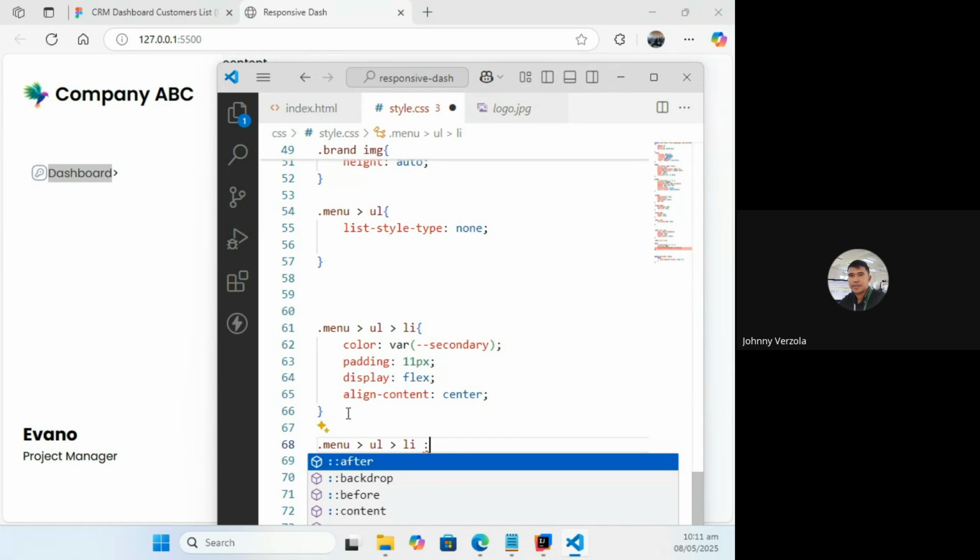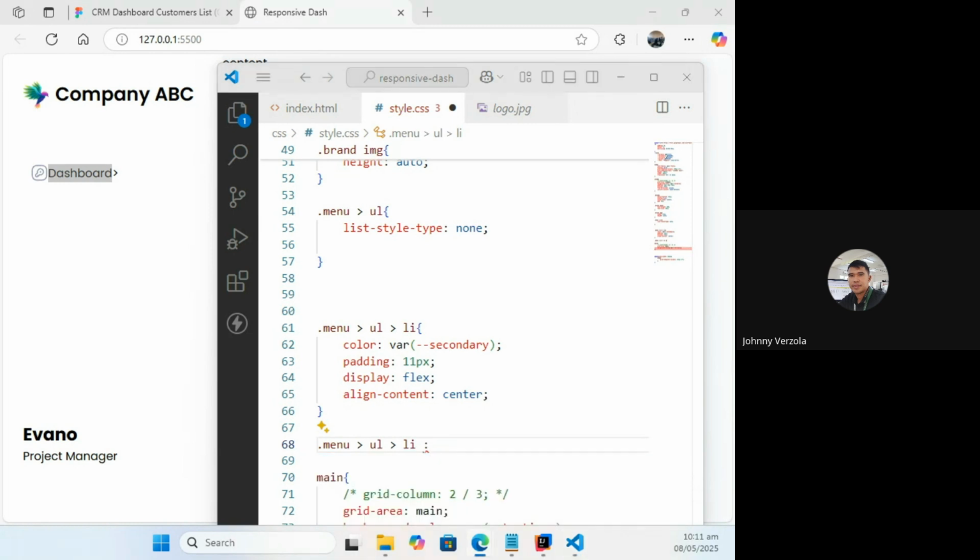And this is basically a pseudo selector. I think it's, what do you call this? It's not a pseudo element. It's a pseudo class. Okay, it's just a pseudo class, the same thing as with the double colon.